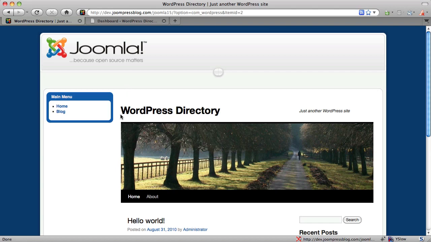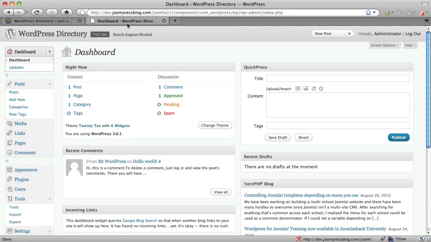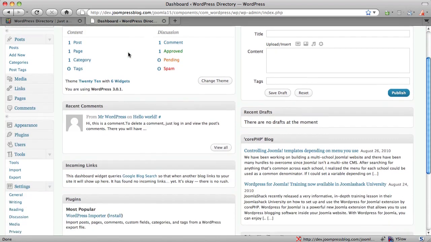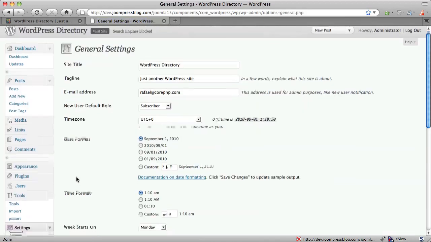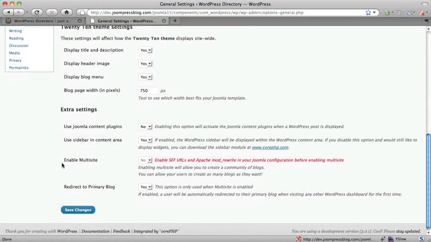So I am going to go to the WordPress dashboard. This is where you need to enable WordPress multi-site. To do that, you go under Settings, General, and there's an option down here called Enable Multisite. Now, currently this option is disabled for me because I don't have SEF URLs turned on or Apache mod rewrite in my Joomla configuration. So to do that,